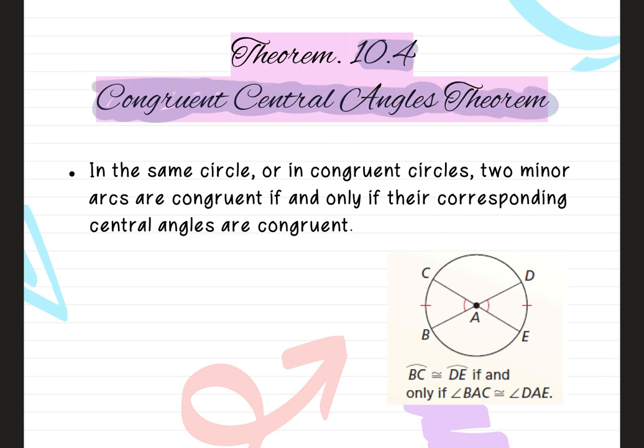All right, theorem 10.4 is called the congruent central angle theorem. And it says in the same circle or in congruent circles, two minor arcs are congruent if and only if their corresponding central angles are congruent, which is basically what we just drew out. In the last one, I technically probably should have put it on the actual arc itself, okay? If the arcs are congruent and they're in congruent circles, those are congruent. But also, in this case, if their corresponding angles are congruent, they are also congruent. So if in the same circle, which would be this one, those two are congruent, then these two are congruent, or vice versa. Or if I had another circle that was congruent to this one,